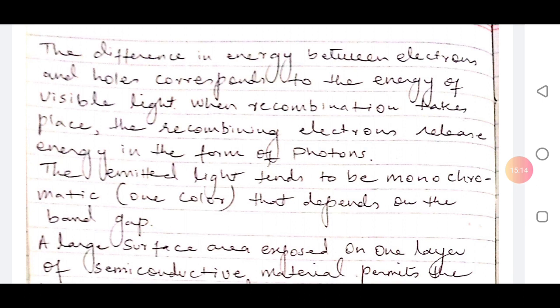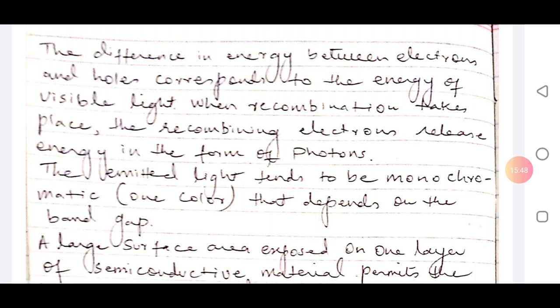Okay, then what this paragraph is saying is that when the electrons present in the n-type material of the diode move towards the p-type material, they cross the barrier potential and come into the vicinity of the p-type material and recombine with the holes present in that p-type material. So there is a difference in energy.